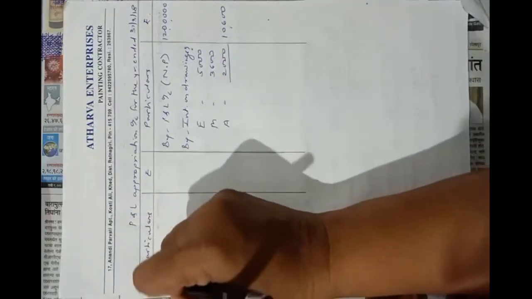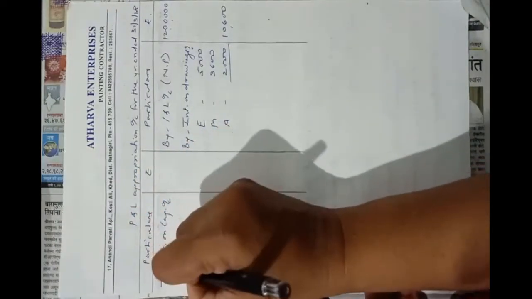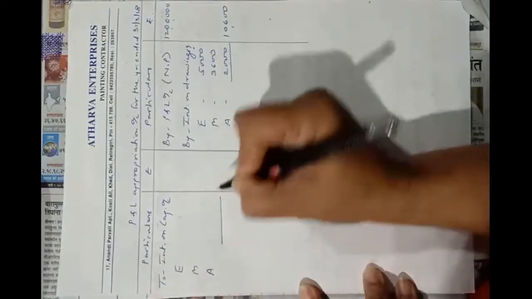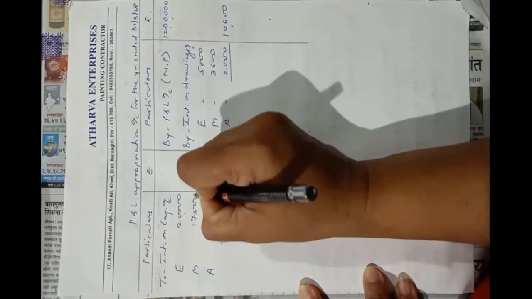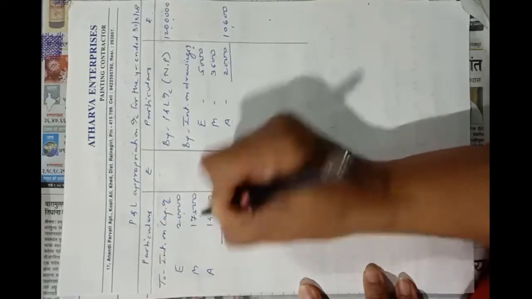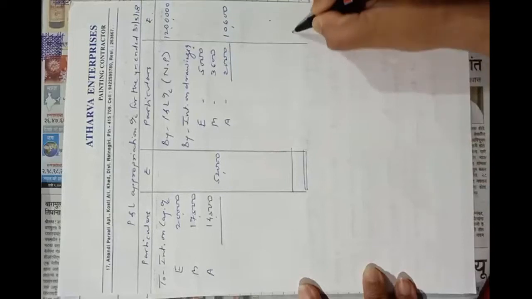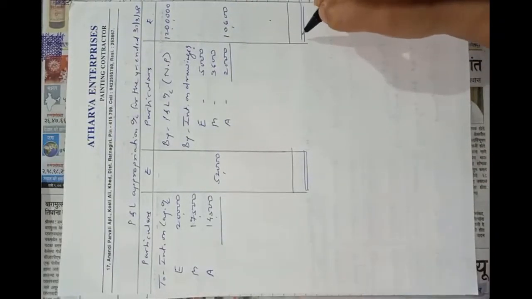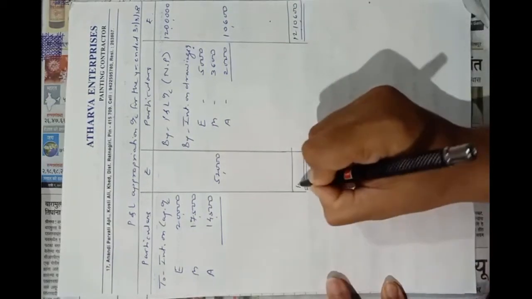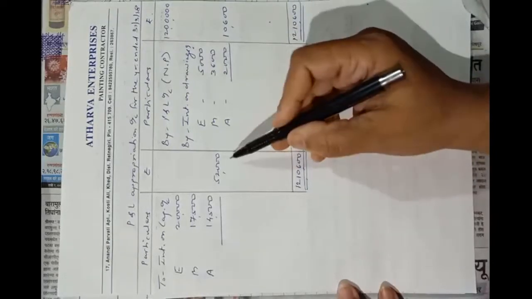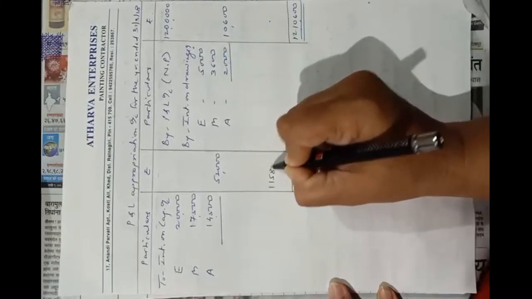Out of that we will give interest on capital. So to interest on capital account, E, M and A, 20,000, 17,500 and 14,500. Total is 52,000. Now we will tally this profit and loss appropriation account. Credit total is 12 lakhs 10,600. From that we will deduct 52,000. So balance is 11 lakhs 58,600.